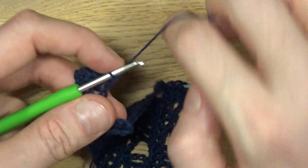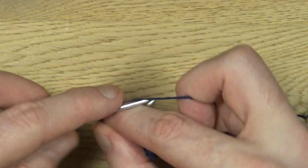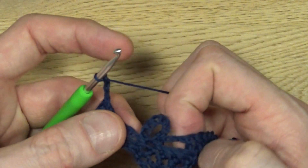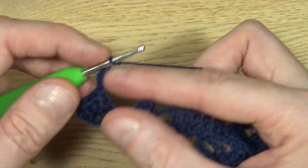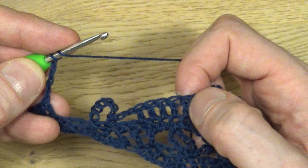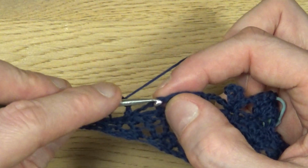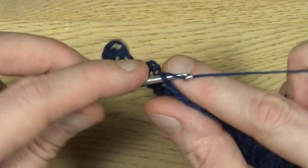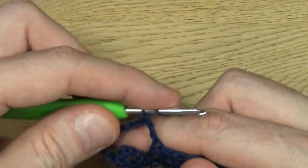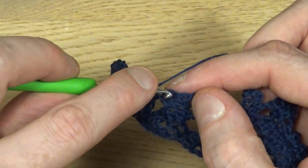So let's start. Chain 5, 1, 2, 3, 4, 5. Skip all those chain stitches from the previous row. And we're getting to the group of 5 doubles. And in the first, we're going to make the first double of a group of 5. So that's 1. And the next 4 are each getting 1,